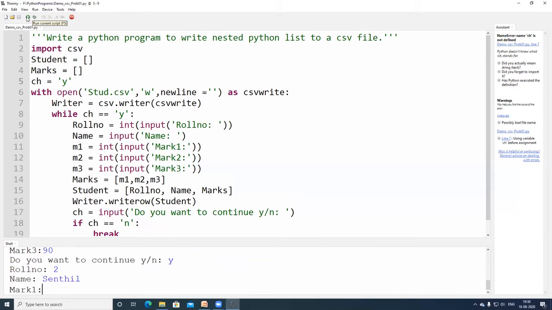I am going to enter the marks as 95, 95, 95. Do you want to continue? Yes. Roll number 3. Shruti, a name, 75, 75, 68. Do you want to continue? I am giving no. I have entered 3 records.